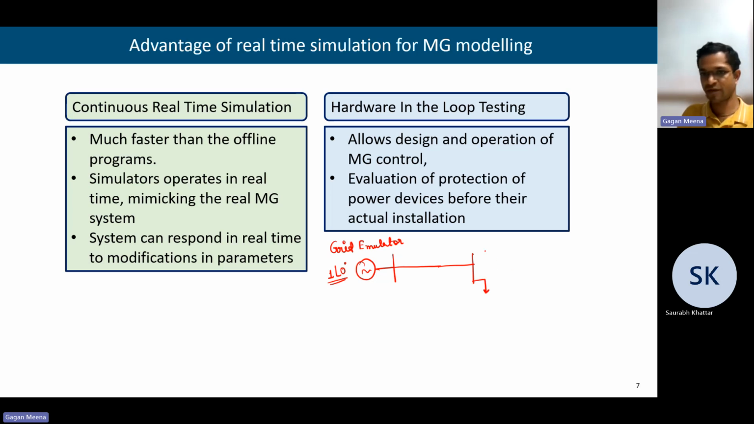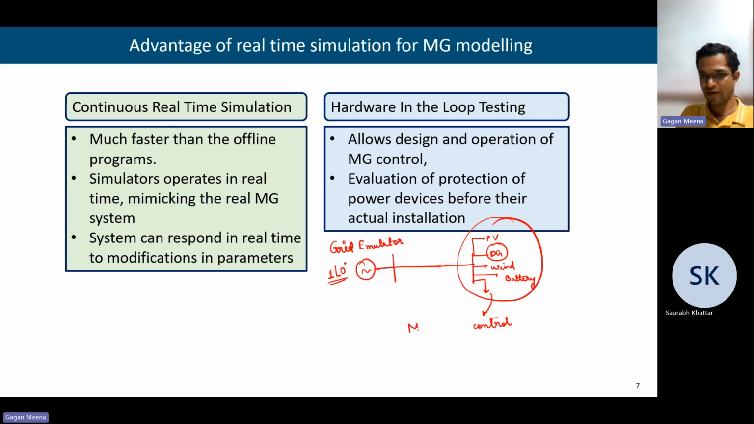We can have small loads as actual physical loads. Then we can have a diesel generator. We can have PV, wind, then a small battery. And we can also have a small transmission line in the lab. Everything we can have, and whatever control strategy is there for these equipments,